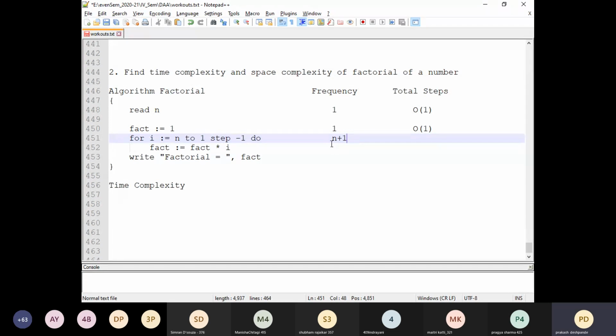Okay, now look into the frequency here. It contains instance characteristics now. We have an n value. Now look at the power of the n. The power of n means here n raised to there is nothing. Nothing means it is 1. So n power is 1. That is, it's linear. Linear means the big O notation is going to be what? Big O of n.